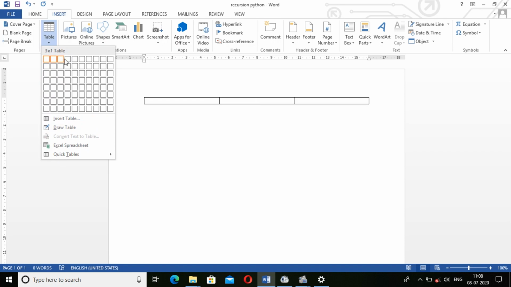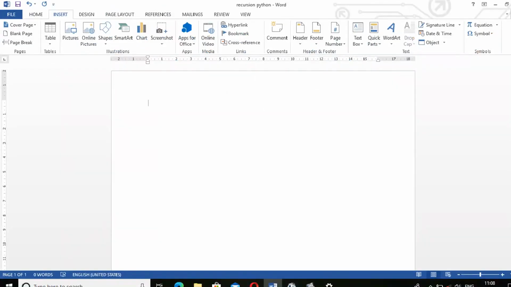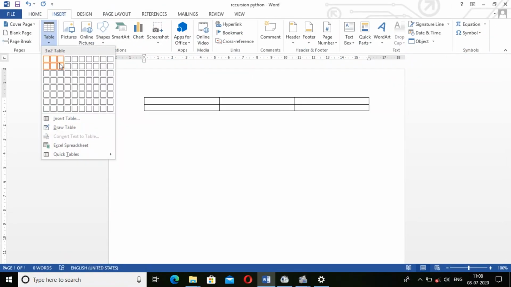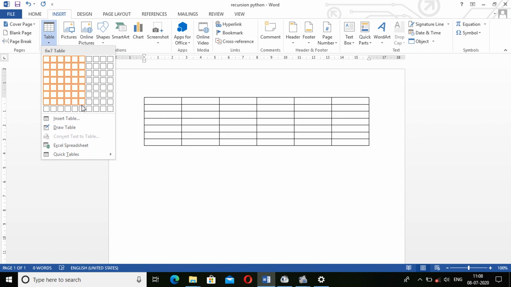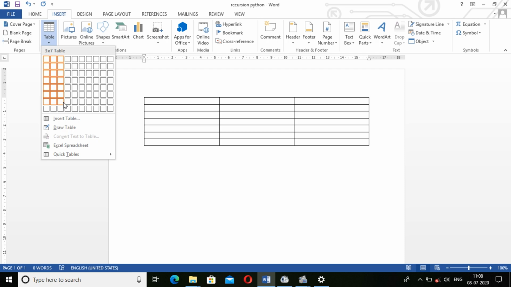As we can see, here are the boxes. These boxes are useful, because if you click on them, we can insert tables. It is totally up to us how many rows and columns we want, and we can click that many. Just click on the boxes, or put the mouse pointer on them. The tables are ready-made tables.